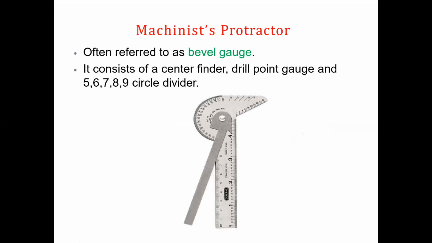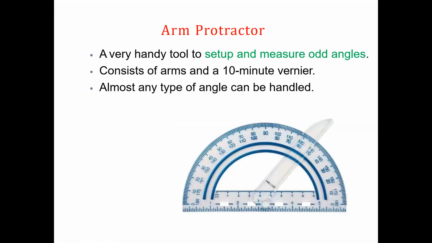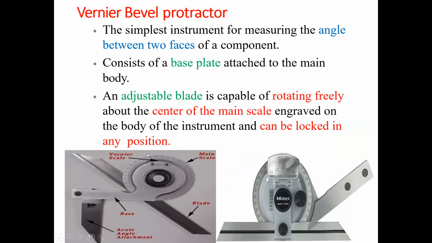Observe this, very important. We use this protractor in our metrology lab. It consists of different components. This is the base, this is the blade, the movable blade, this is the attachment, and this small part is called the vernier scale, and the outer circular scale is called the main scale. In this case, this bevel protractor consists of two circular scales, the main scale and the vernier scale. This is the main scale, and this internal part is the vernier scale.